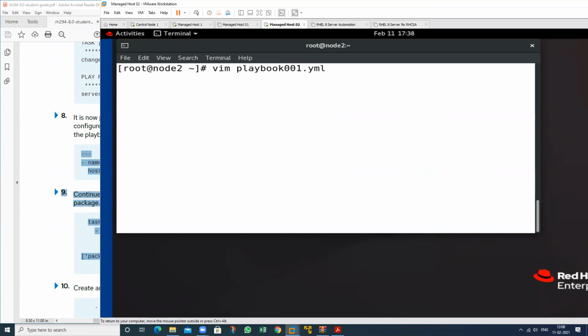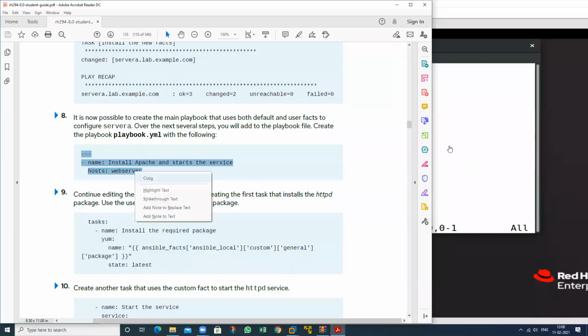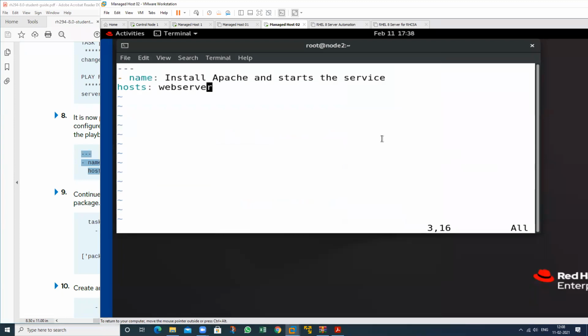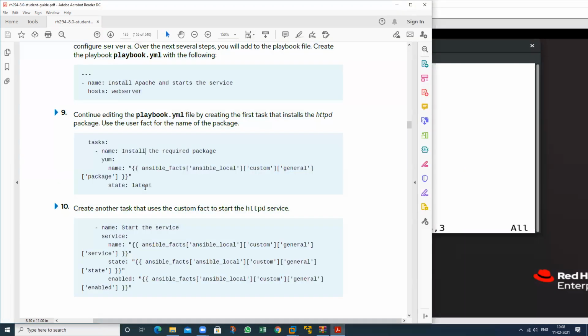You can use any name. Just use this and place this value. What is your name? Node 2. Just enter and copy this whole task.